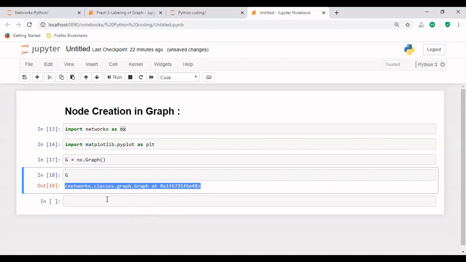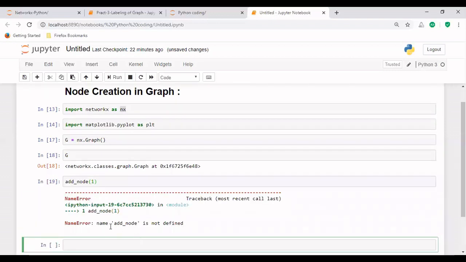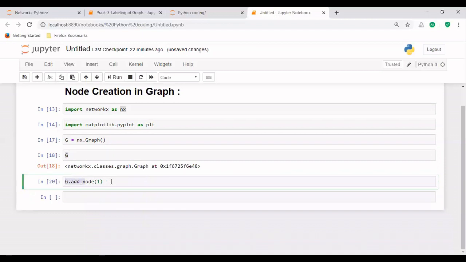Now after this, what we have to do is, as I have told you, create a node. There is one more function available in NetworkX, that is add underscore node. In this function, we are going to pass the node that we want to create. So let's create node 1. We name the node as 1. If I try to create it like this, it is going to give me some error because now I have to access the function with the help of this G, because we have to create that node in G. So we will write capital G dot add node 1. So it means node 1 is being created.